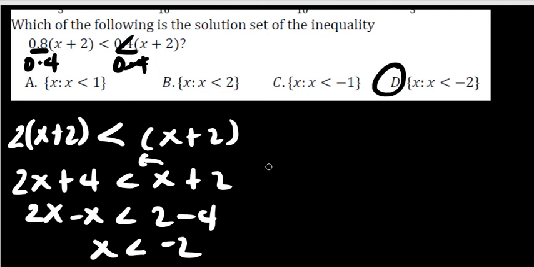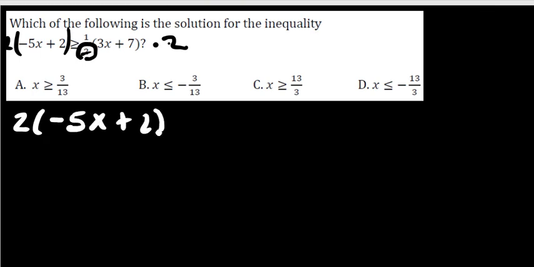Here it is. Next. The next one, it is a linear inequality, not an equation. It says greater or equal to. So the first step, we need to remove this 2. There is 1 over 2 here. So we need to multiply by 2 here also by 2. When you multiply by 2, it cancels out. Okay, let's do it. When you do that, 2 in bracket, negative 5x plus 2 is greater or equal